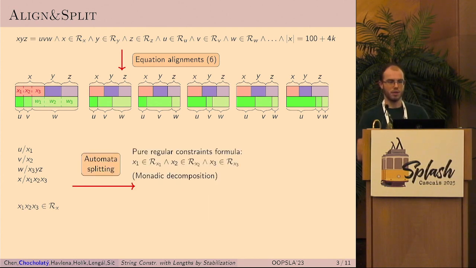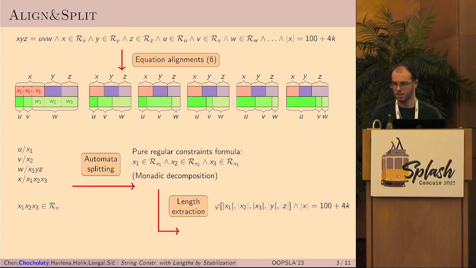and then with operation on automata. Remember, each of these variables is represented in our approach as an automaton, a finite automaton. Therefore, we can do some automata splitting and compute this formula into a pure regular constraint formula, which contains only regular constraints. The equations are eliminated thanks to the automata splitting. And thanks to the Parikh decomposition, this gives us